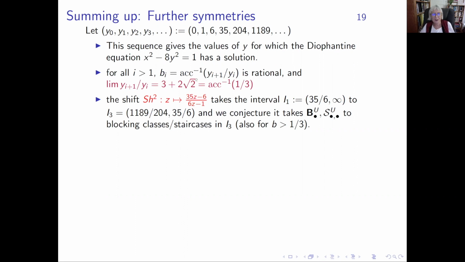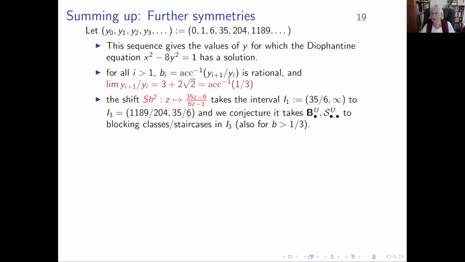And then if we look at these shifts, this is sort of doing a recursion. It takes an interval like this, which is an interval between two numbers of this form, 2 places down. So it takes 35 over 6 to infinity to 1189 over 204 to 35 over 6. And we conjecture that that's a shift, it just shifts, and it actually